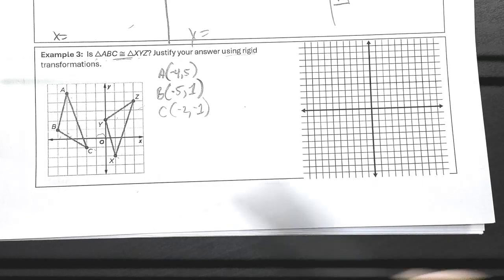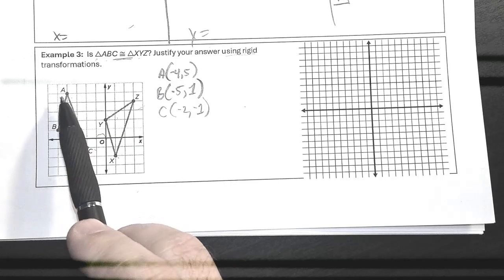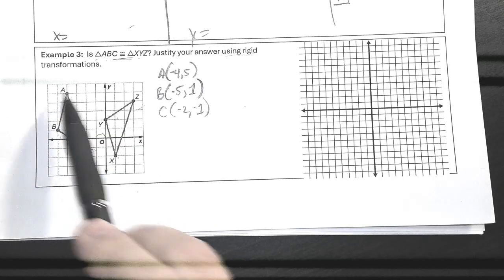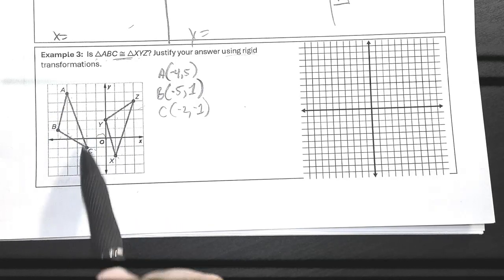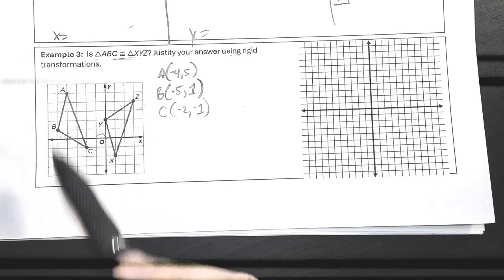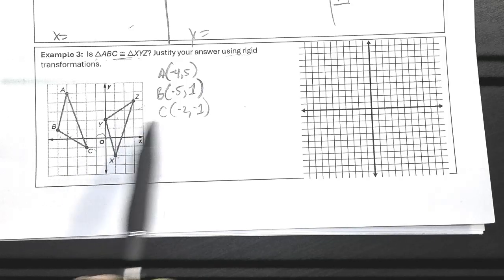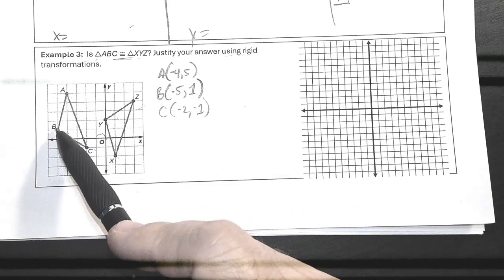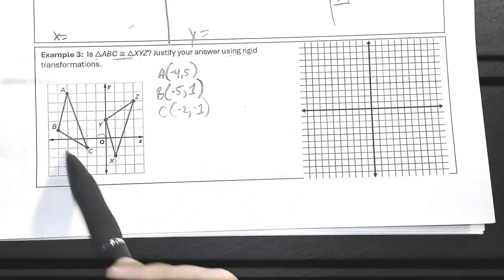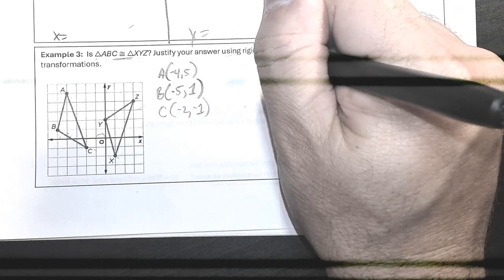So notice again, A and X correspond, B and Y, C and Z. But this thing is flipped. Now, if we flip this way, the arrow is going to face that way. If we flip down, see, it's pointing downward. It'll point upward, kind of like this guy. So let's use the